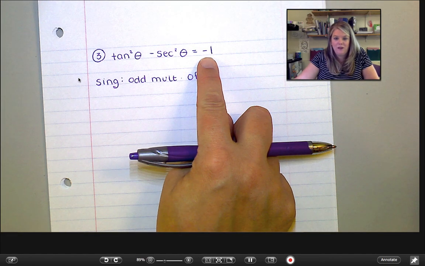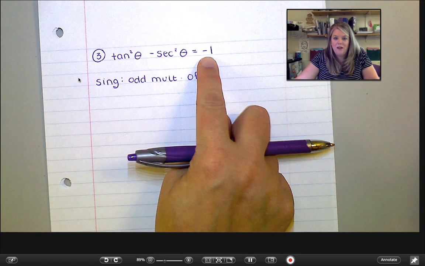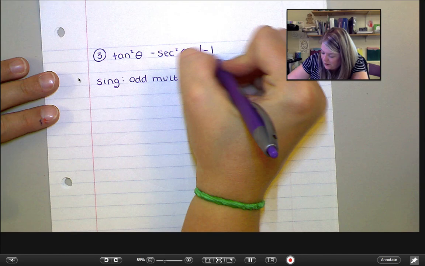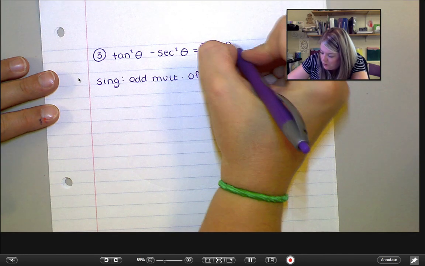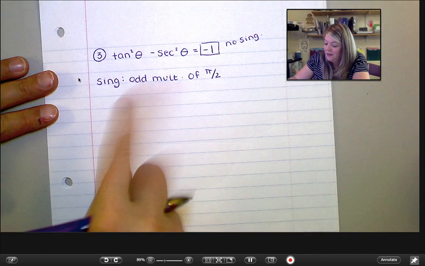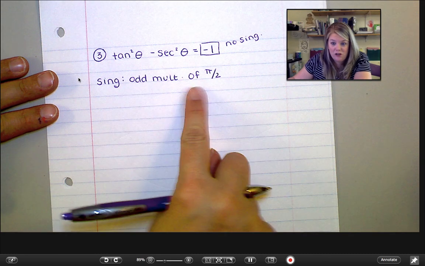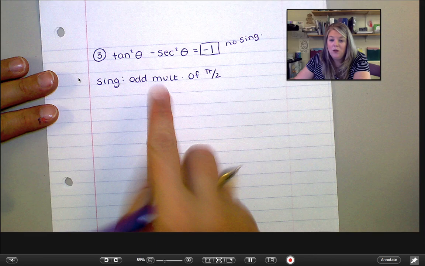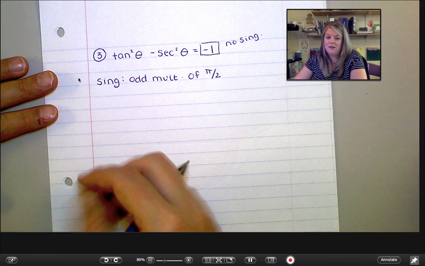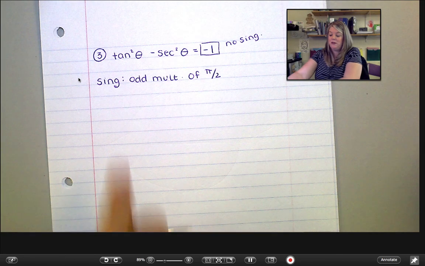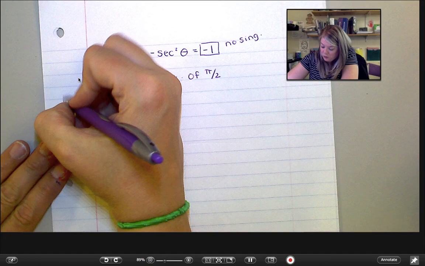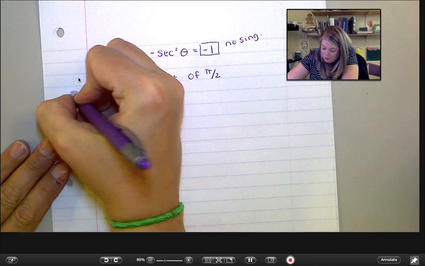-1 is not undefined anywhere. There are no singularities for -1. Let me just jot this down. There are no singularities with my answer, which means this singularity vanished somewhere along the way. We don't want to say that it's not a singularity, or that somehow we don't have any singularities, because we know this was an issue back here at the beginning. What we're going to do is say this is a removable